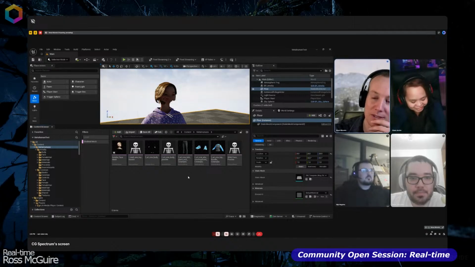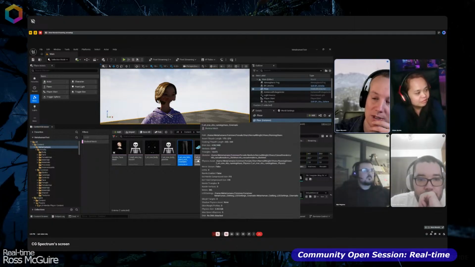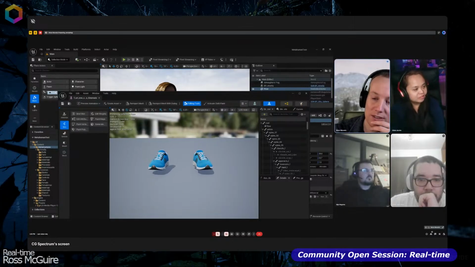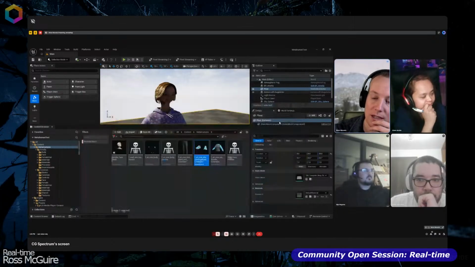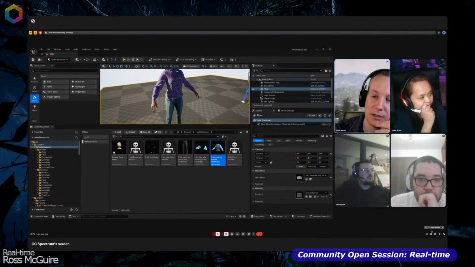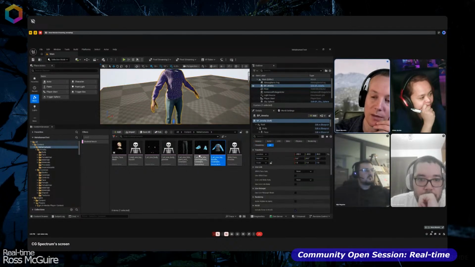So one of the other problems that's happening since 5.6 is they used to give you all the elements of the clothing as individual skeletal meshes, and they would just be aligned to a specific standardization of character sizes. And that made it fairly standard and basic. You could just change the clothing, add different pieces and elements to them. And the material editor for these meshes allows for a lot of flexibility, so you can change the look of them. But with the new method and the new workflow,